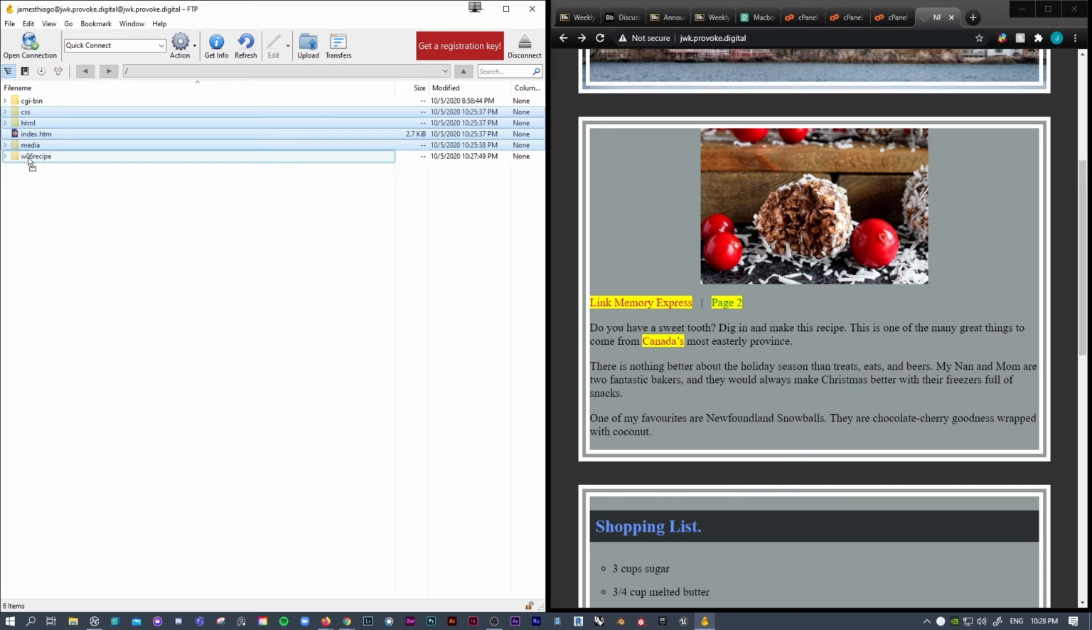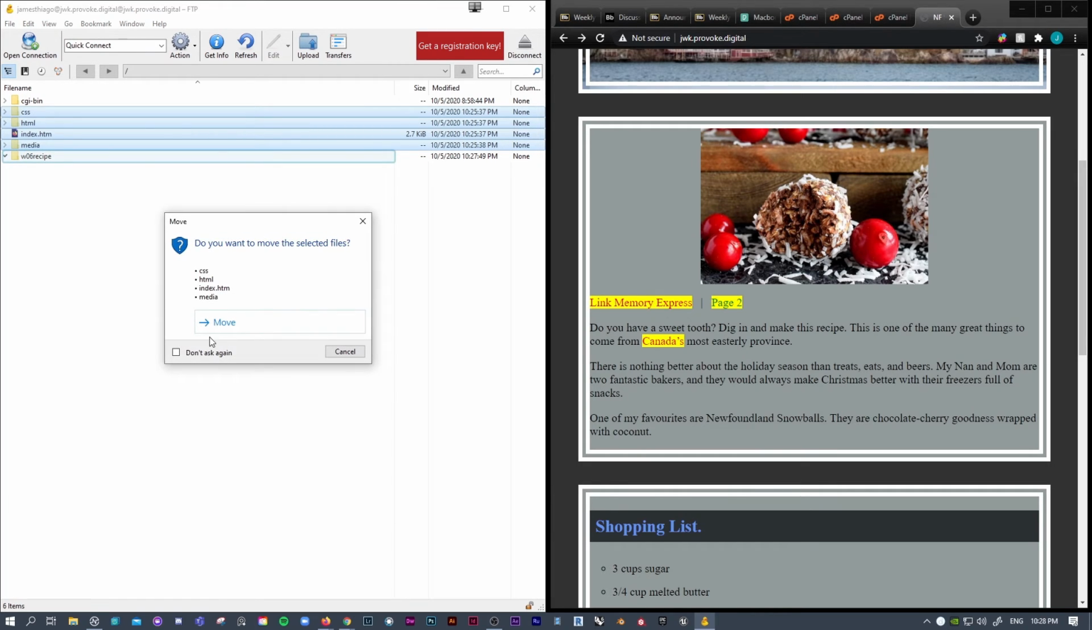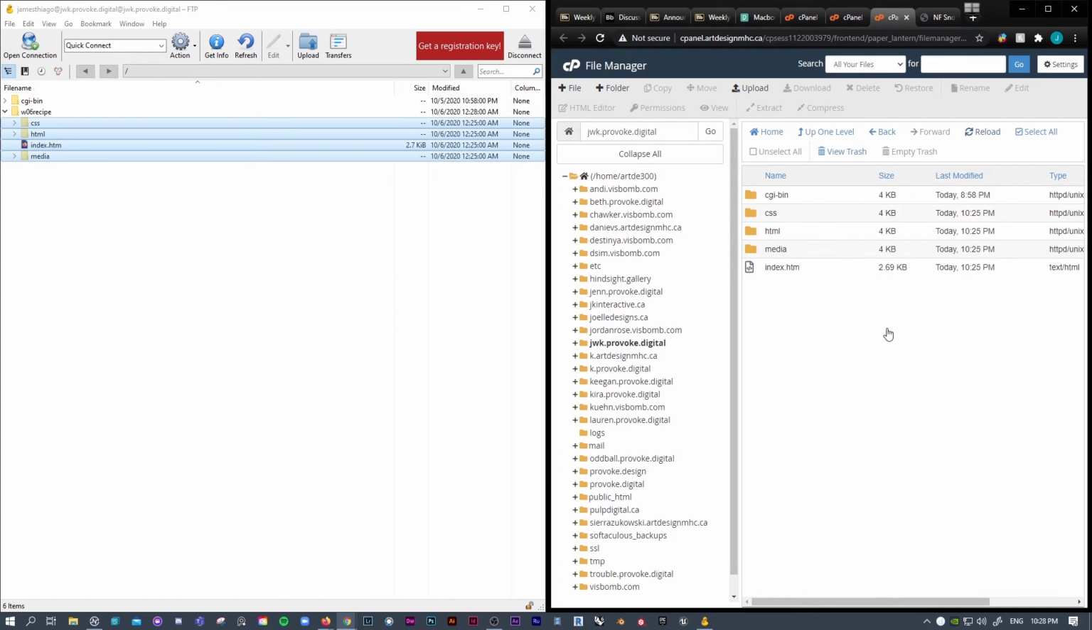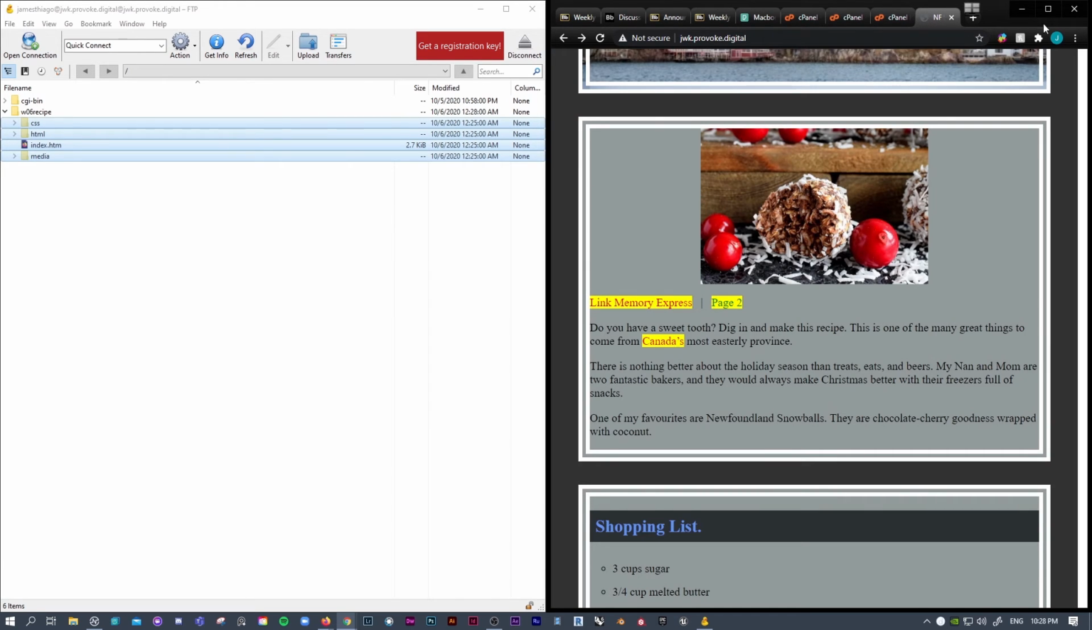Consistency. So what I can do, just like I would on my own computer, I can actually take and move those files into that folder. And you can see there, they're now inside of that directory. If we take a look at the actual hosting service, there is this week 6 recipe. If I go to my main website again and I just reload that,